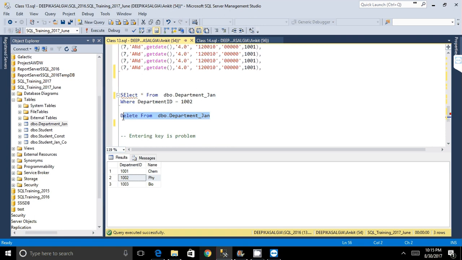It will delete everything from the table. Okay, so if you don't put the where condition, it's going to delete everything from the table. Right now you cannot delete it because there is a primary key and a foreign key constraint. But let's say you don't have a constraint, and by mistake you don't put the where condition, and